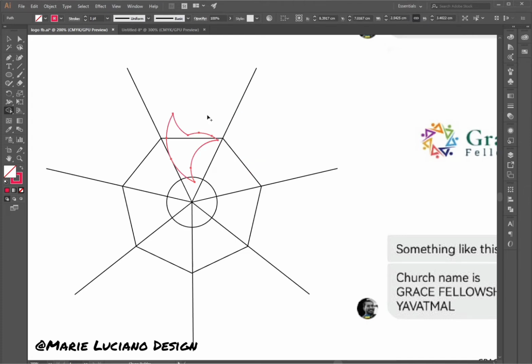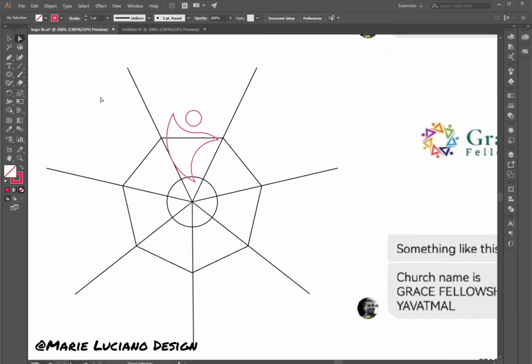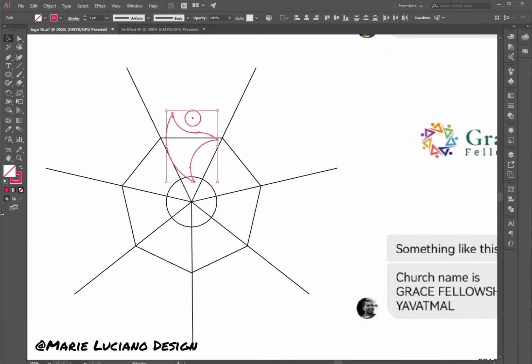I know, it took me this long just to create this little shape that I could have created with the pen tool, but I wanted the curves to be proper. I'm going to use the direct selection tool to select this anchor point, pull this dot to make it curvy. So this is like a wave, and in the middle of this wave type line, I'm going to add this circle that, as I said, for me represents the head of a person. So we have the arms, the body, and it's like a restyling of the triangle in the original logo. So it's a little bit different, but it recalls